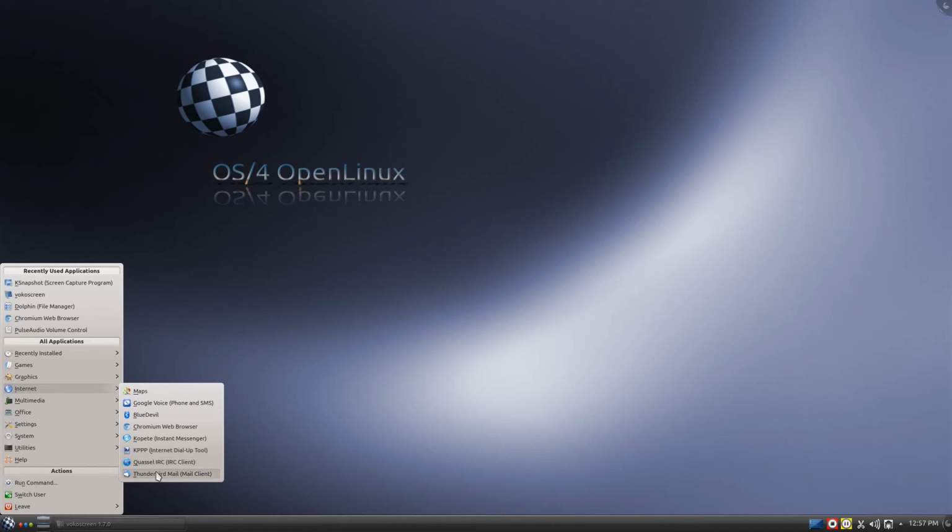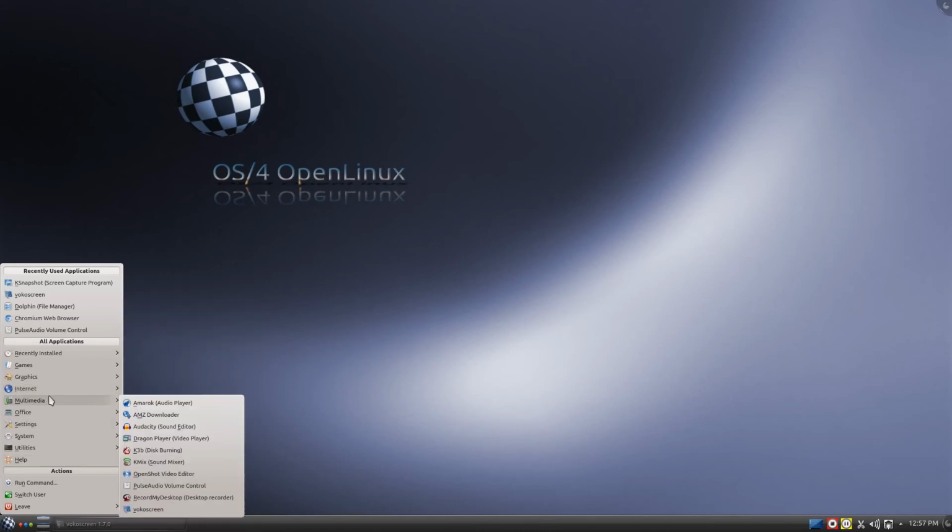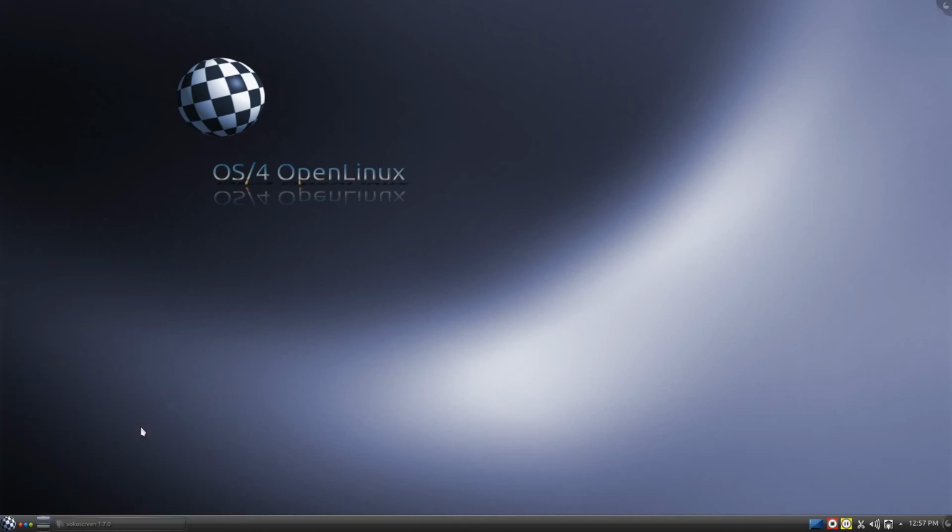Right. Some of you may say, well, I might not want to use Chrome. We'll get Chrome then. It's in Type 2, you can just download it and install it. Under Multimedia, we have Amarok for your audio stuff, AMZ Downloader, Audacity. I'm not sure what version it is, so we'll open it up and have a quick look